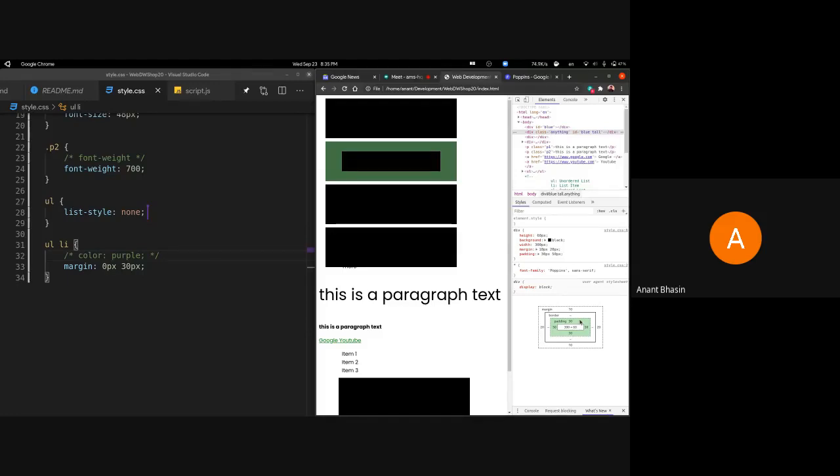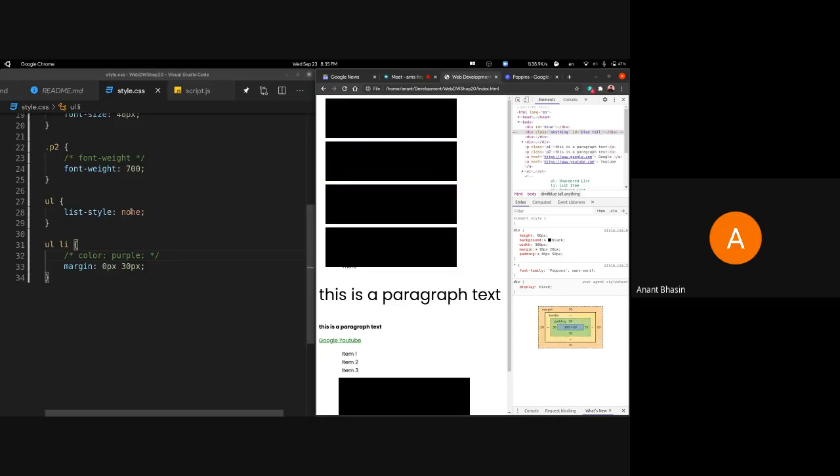If I have the padding selected, you can see that the green box is the padding of the element. The element had 300 by 60. Now just outside of the actual content, we have this.